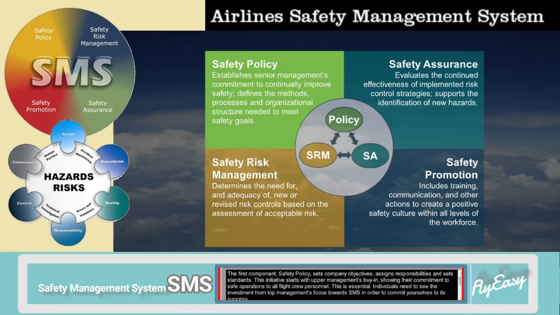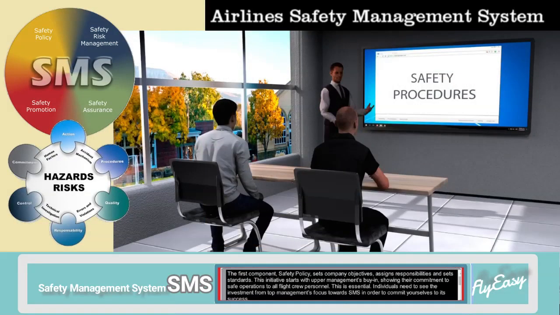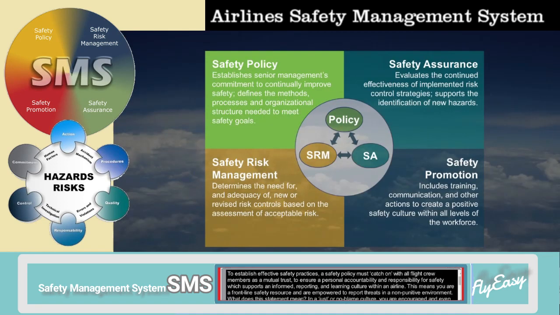The first component, safety policy, sets company objectives, assigns responsibilities, and sets standards. This initiative starts with upper management's buy-in, showing their commitment to safe operations to all flight crew personnel. This is essential. Individuals need to see the investment from top management's focus towards SMS in order to commit yourselves to its success. To establish effective safety practices, a safety policy must catch on with all flight crew members as a mutual trust, to ensure a personal accountability and responsibility for safety which supports an informed, reporting, and learning culture